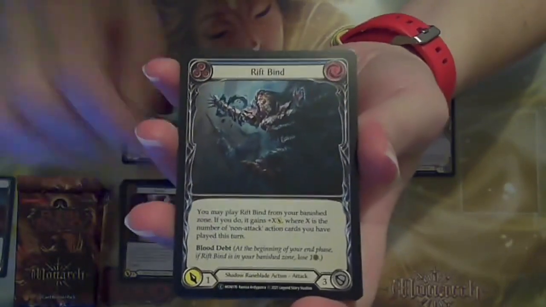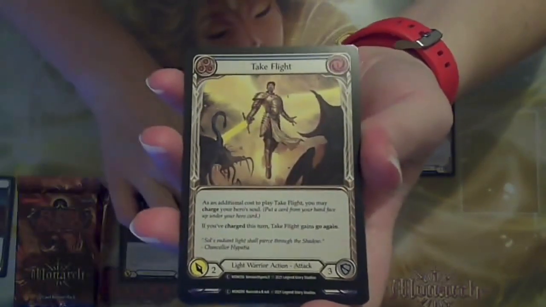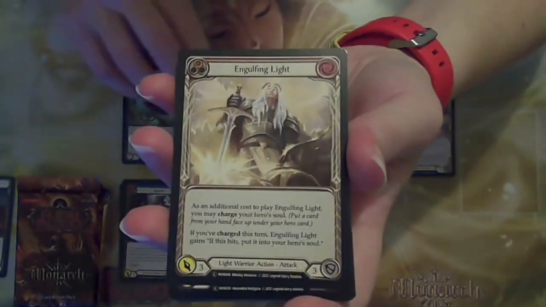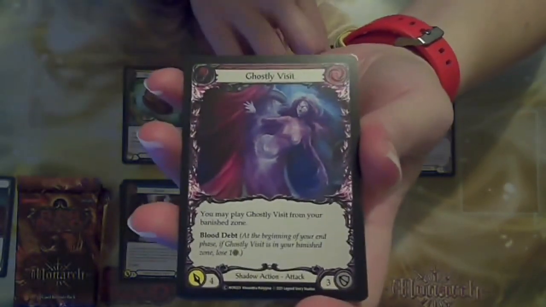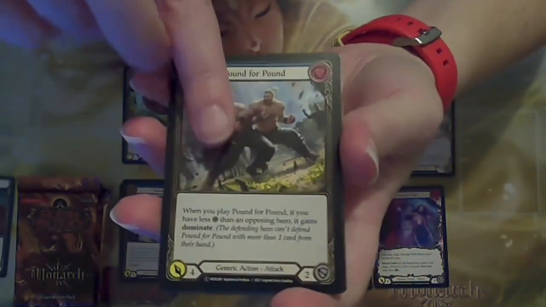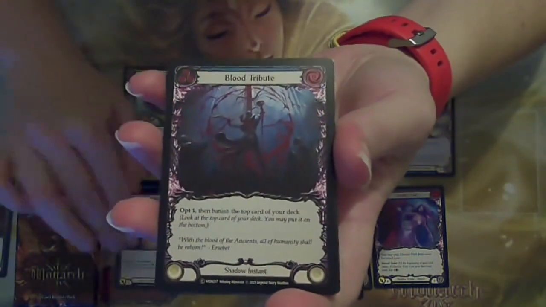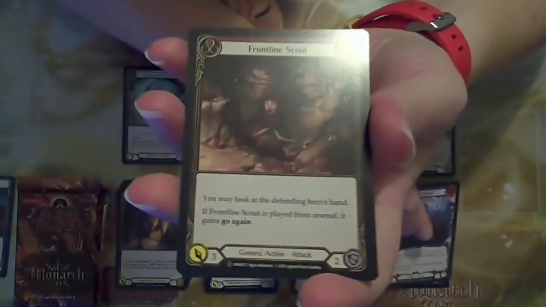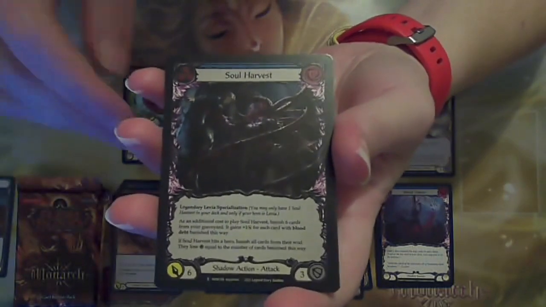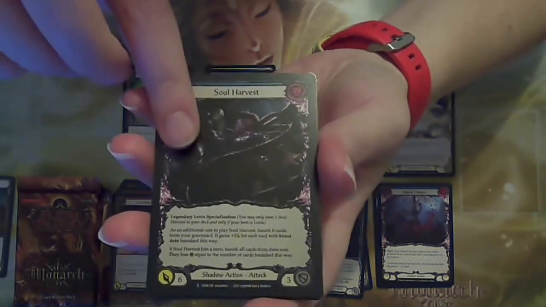Alright, got a Brute card, Runeblade card, Brute card, Warrior, Illusionist, Warrior, have generic Shadow card, generic attack, generic attack, it's a Shadow instant, a generic attack. We have a Shadow rare foil. It says,